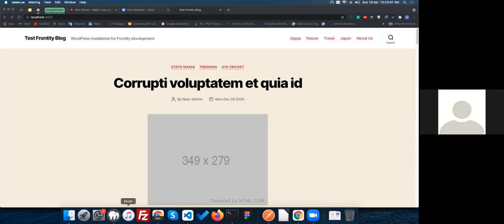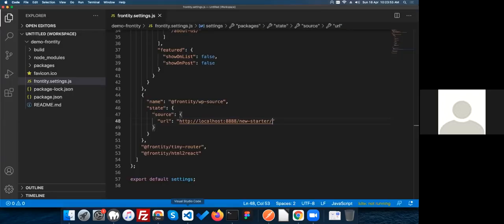Okay, Rahul bhai, if you are asking about designing related, yes, okay. So for that, there are many themes available in Frontity also, but they are not paid. Currently it's the starting phase of Frontity. It's a new framework. So currently there are different themes available. Many users are creating their themes, and you can also see it in the documentation of the Frontity official website. In the showcase area, you can see there are many themes available.